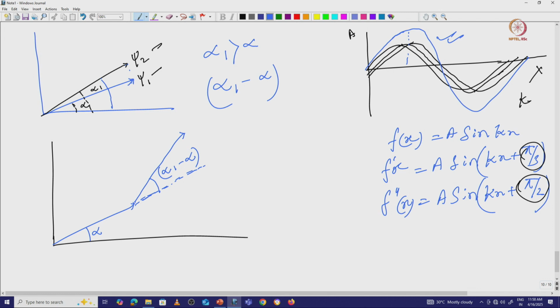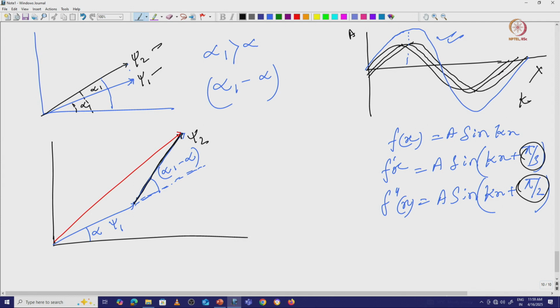Now you can see there are two waves. We want to add these two vectors. The best way to add them is to use another color. So here this will be my resultant wave. If I note that this will be my alpha 1, it will be better to mark this one with black. So this is my second wave, wave 2. Wave 1 is finished here and wave 2 starts from here to here, and this is the amplitude. Then the resultant wave will connect from the first wave's end point